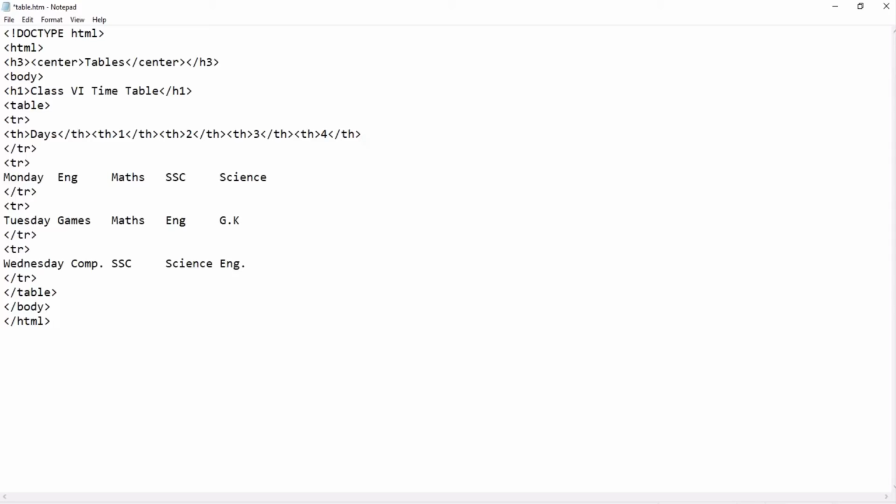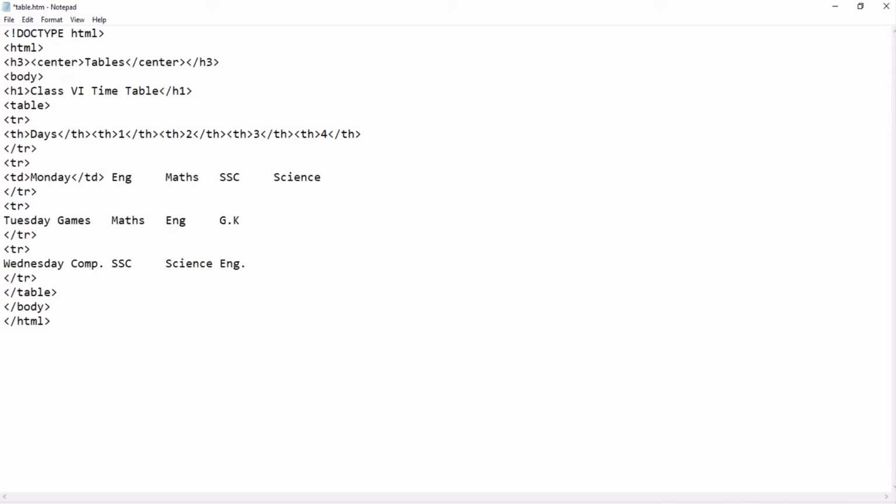So next, what I have to do here is work on the data. Which tag did I tell you for data? The td tag. Before everything you have to use the td tag like this, starting, then ending.